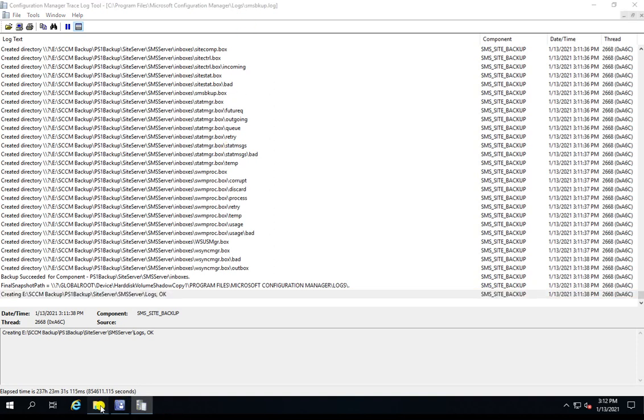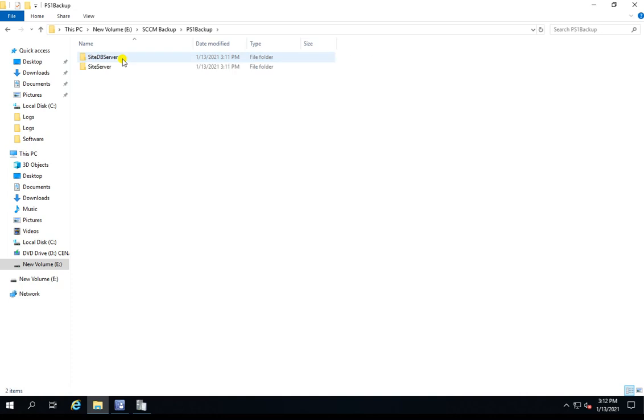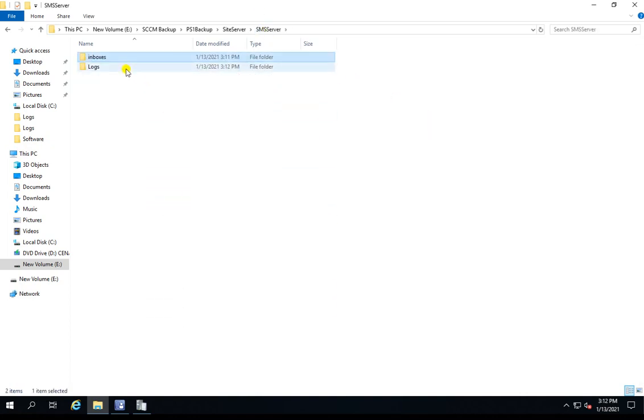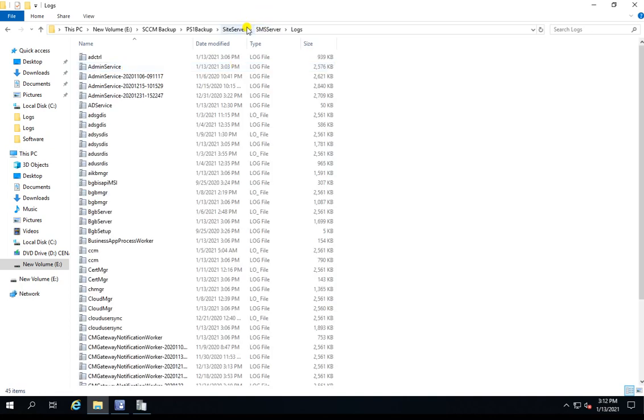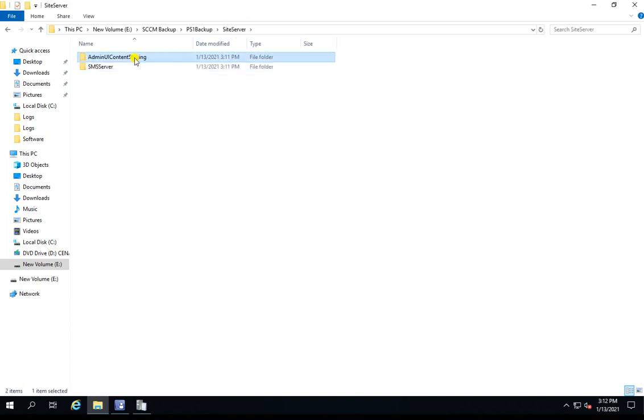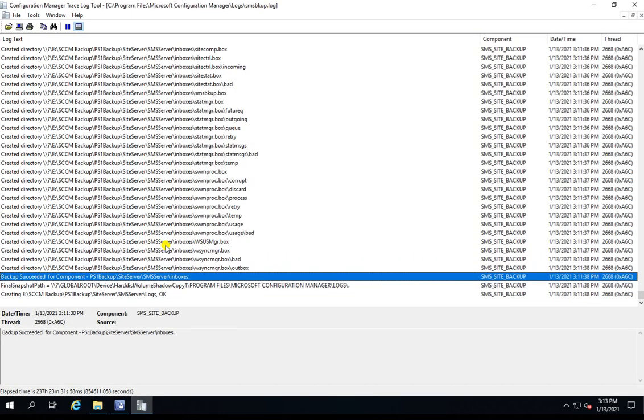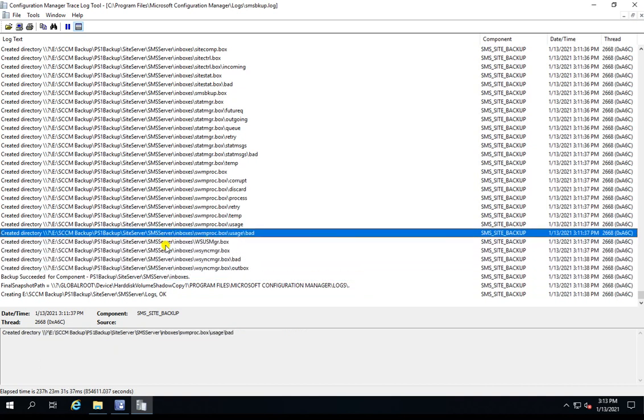Okay guys, let's check one more time how much data has come here. Now the site server SMS logs inbox folder is there, so it's taking the entire inbox folder backup and all the logs files, and your admin sharing is still not done. So it will take the entire SCCM backup automatically, and you can restore whenever you have an issue. After this, once the logs file backup is completed, it will update that.